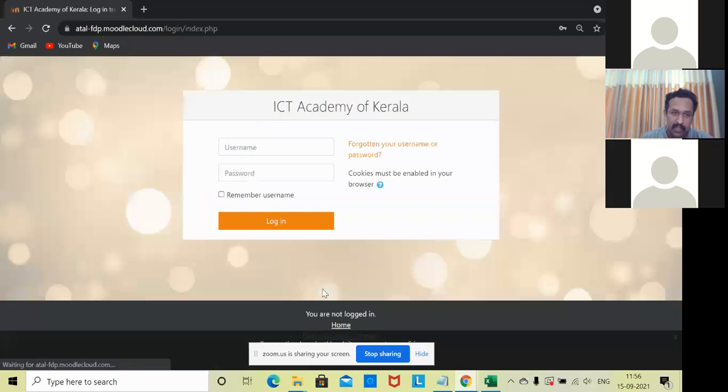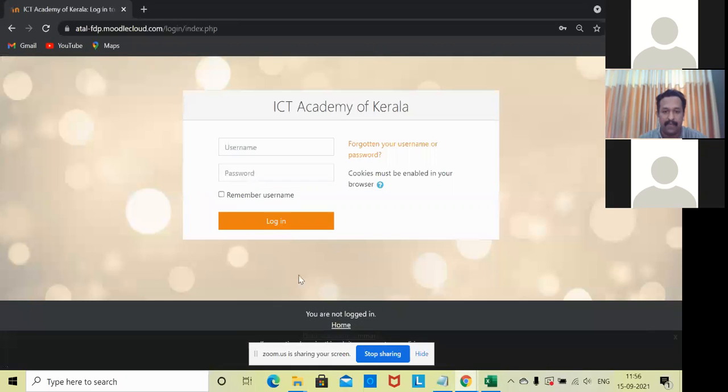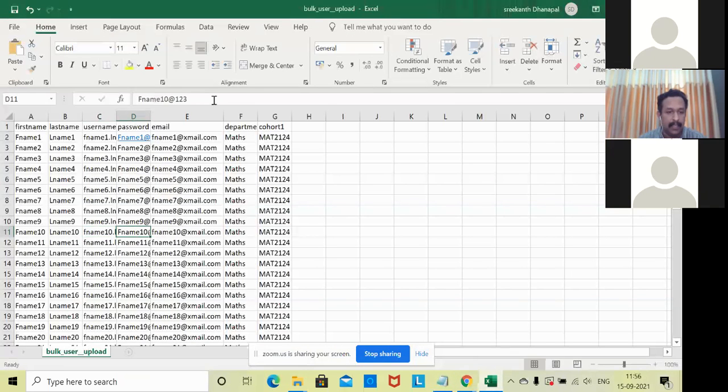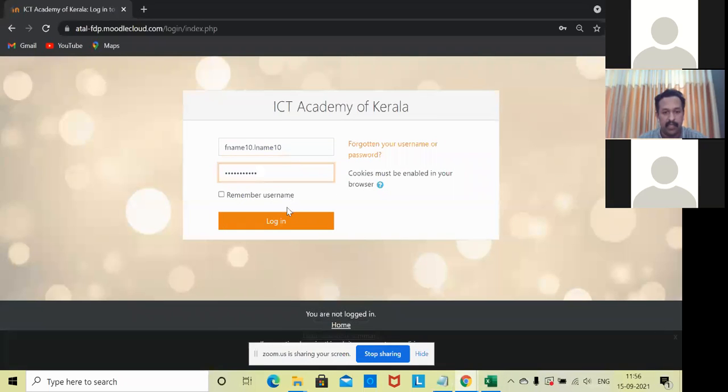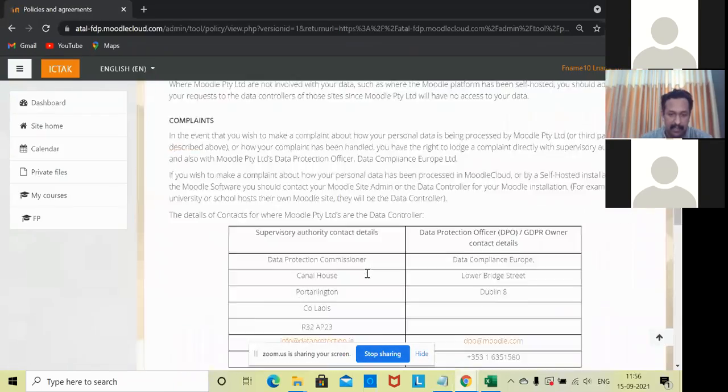Let us assume that I have logged in as an IoT member. I am just going to relog in as another person, especially with the F10 username. I'm just going to copy it. F10 is here, then the password, 1510 at 123. The password is also here. Let me log in. Of course, I'll have to accept the terms. One second.